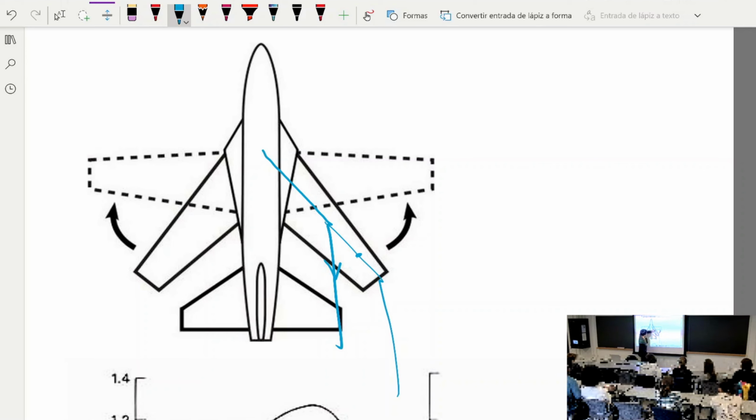Compare this to the no sweep case. If there is no sweep, these two would be perpendicular, right? And the angle goes from 0 degrees to minus 90 degrees. So a sweep actually increases how much upwash the inboard vortex induces on the tip section. So as a result,